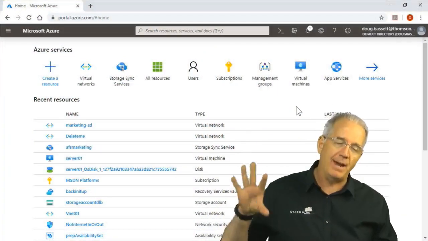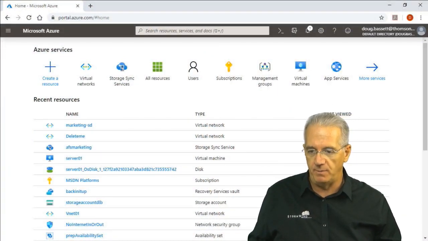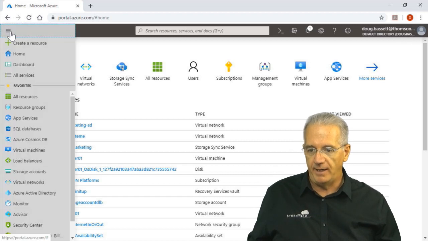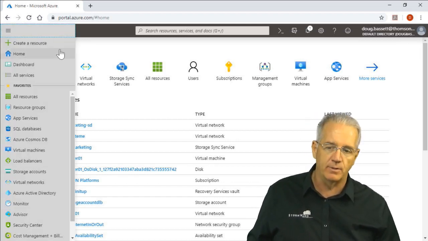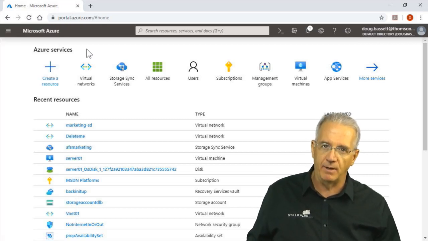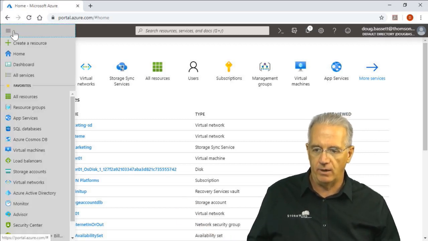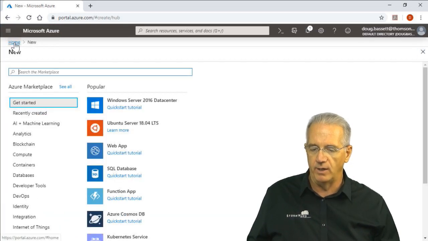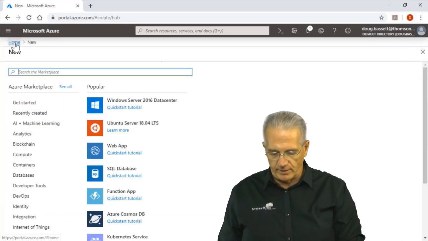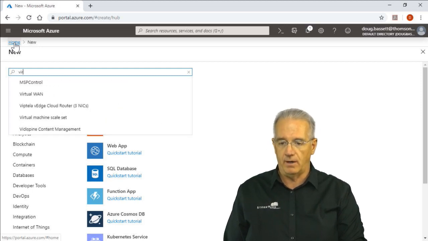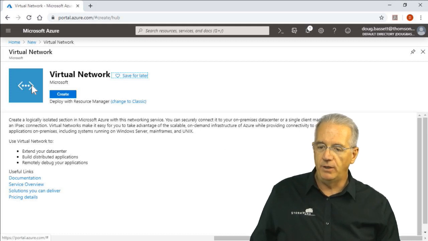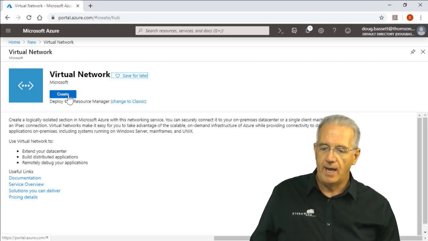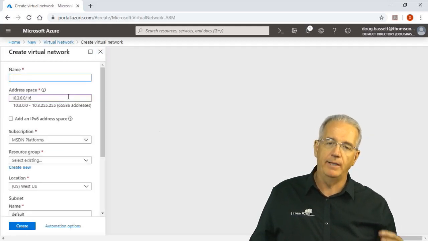So we're going to go over into the Azure portal, and they've kind of modified this a little bit. It used to be that we would have this little piece that sticks out all the time, and then they said, you know what, do we actually need this out all the time? And so now it's kind of missing, but if you're used to it, it's just right here in our little hamburger menu. So we're going to create a brand new resource, and this is going to be a virtual network. So I'll say virtual network, and we can use this to go in and set up a network, but you have to make